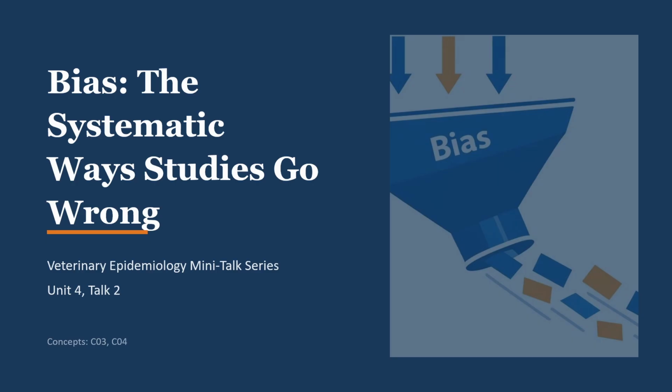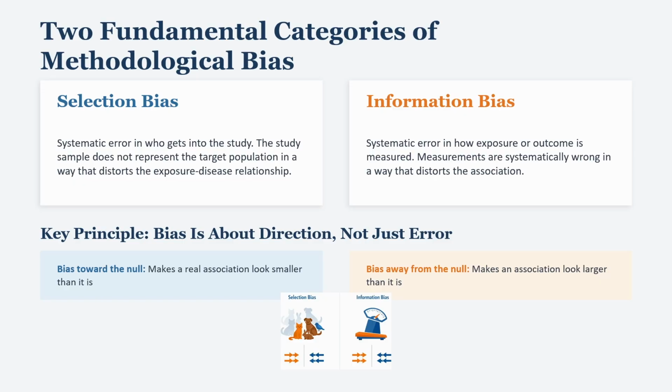In this talk, we'll cover the major categories of bias: selection bias, information bias, and their subtypes. And for each one, we'll look at a veterinary example, how the bias operates, and what you can do to prevent or detect it. We'll also cover lead time and length time bias, which are particularly important for evaluating screening programs. Let's go. Methodological bias falls into one of two fundamental categories, and keeping this distinction clear will help you